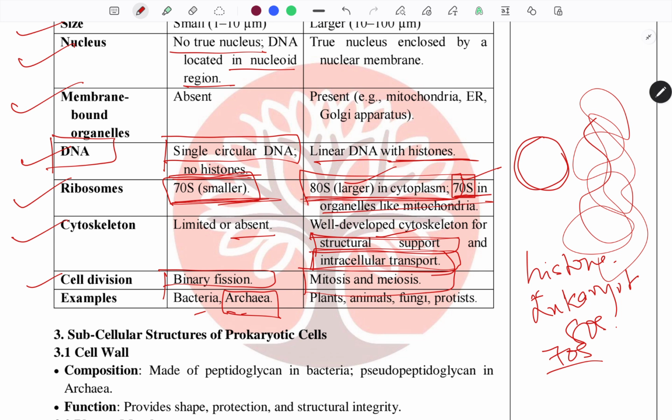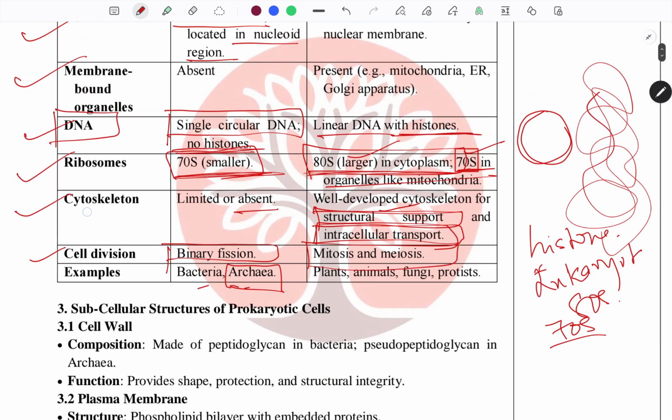But they can't be included under prokaryotic cells either, because they have advanced organelles or advanced metabolic pathways compared to the normal bacterial group, and because of that only they are able to survive under